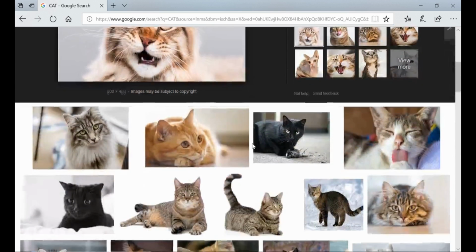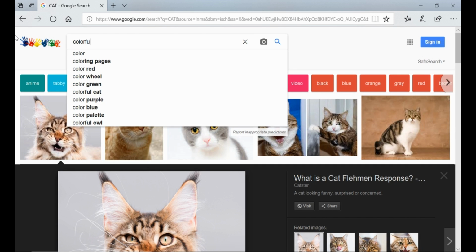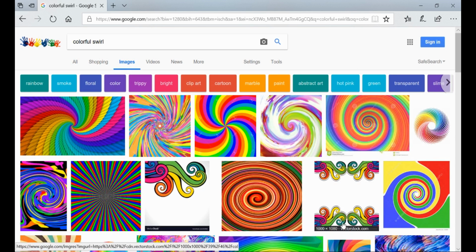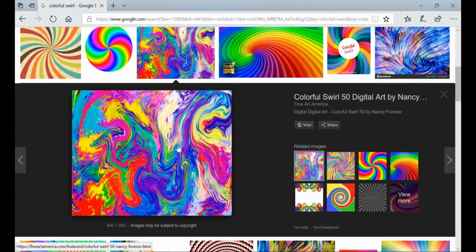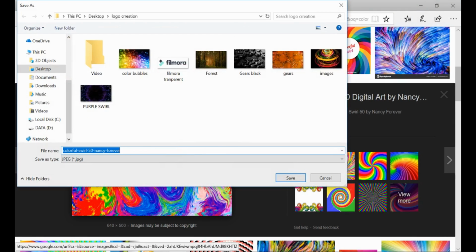Right, so you gotta have an image. I like doing the a colorful swirl or something like that. There you go, look at that thing. So you're gonna want to get an image that you like and save it to